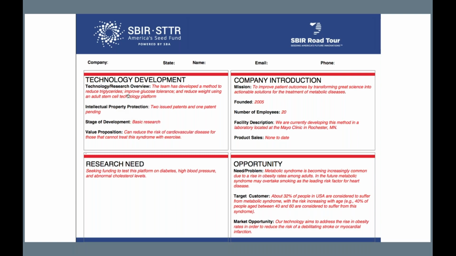This would be your technical merit, your scientific and intellectual merit, that discussion there. The opportunity is then your broader impacts, your significance, your commercial potential. All of that is here in this opportunity section. Then you need a discussion about your company, yourself, how many years you have been in operation and that kind of thing. And then the lower left is your research need.